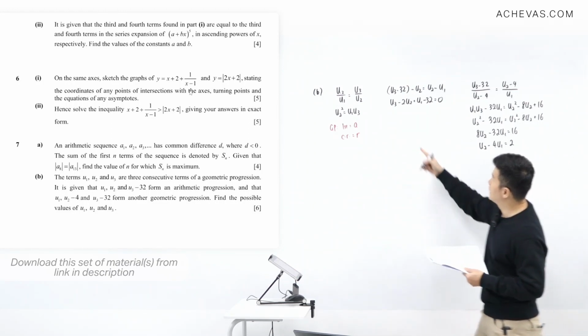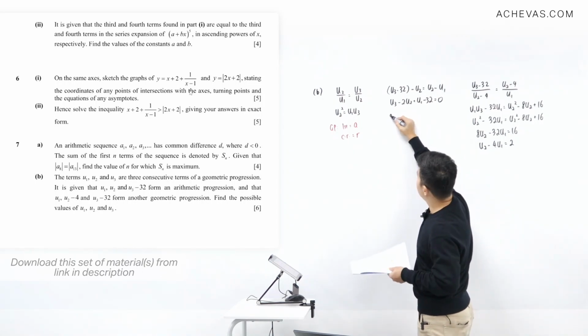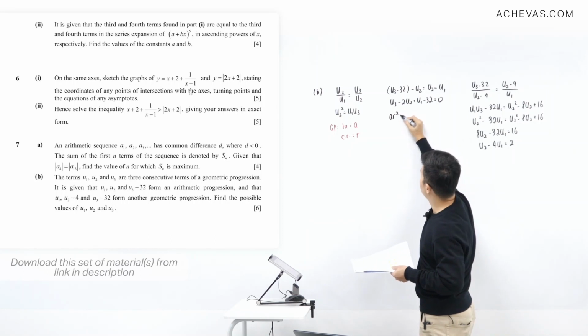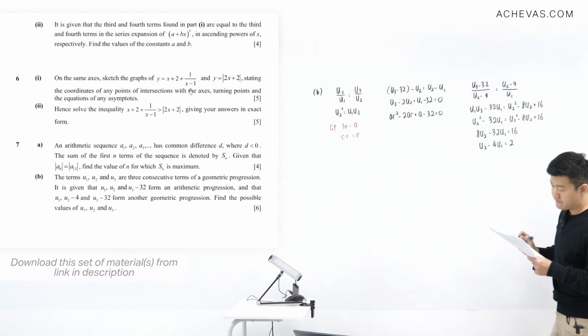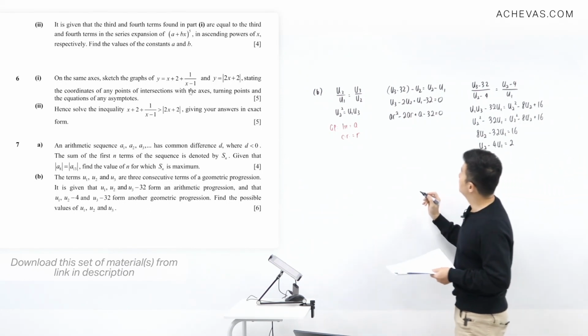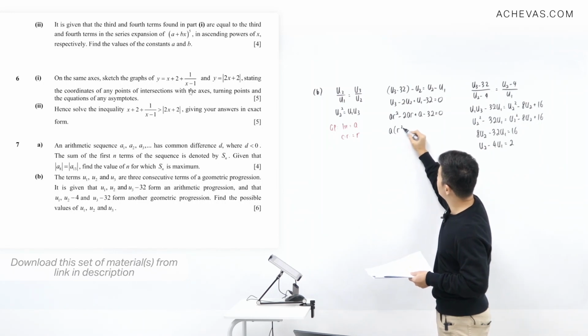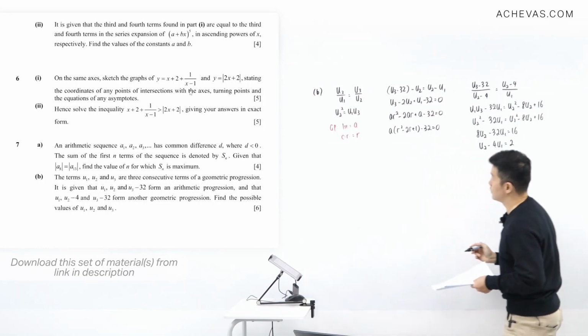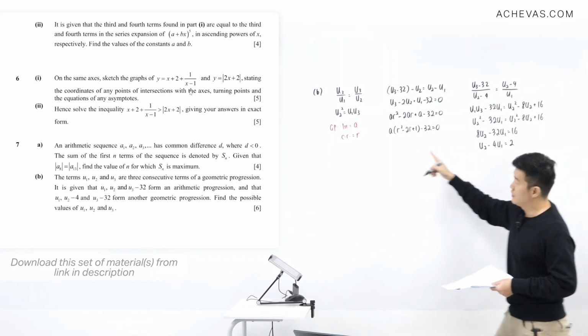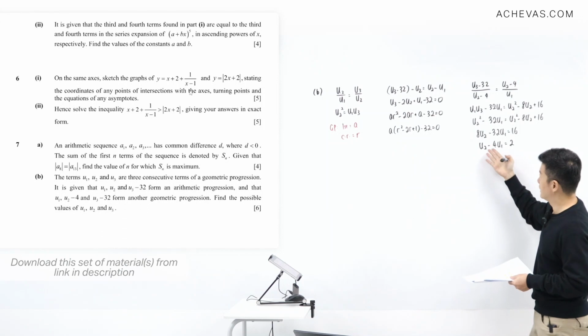So at least I know that this u3 is going to be equal to ar to the power of 3 minus 1, which is ar squared. So ar squared minus 2ar plus a minus 32 is equal to 0. And from here, I can actually see a common term, which is a. So we have a(r squared minus 2r plus 1) minus 32 is equal to 0. And if I were to re-express the other equation into a and r, we have ar minus 4a is going to be equal to 2, which means that a is going to be equal to 2 over